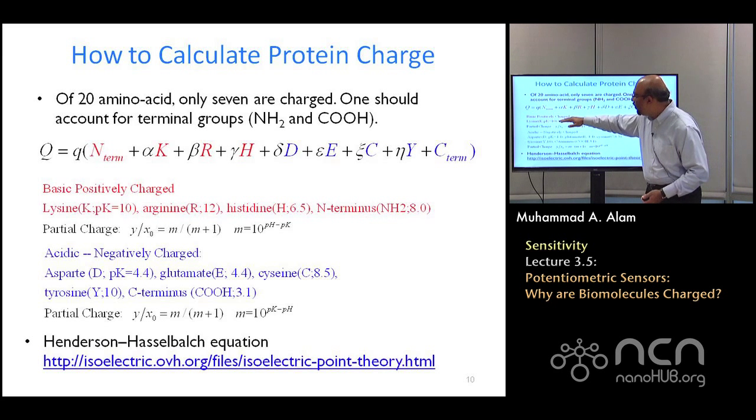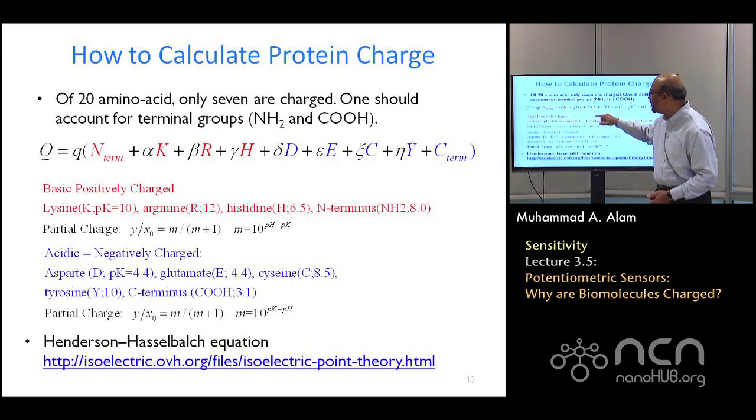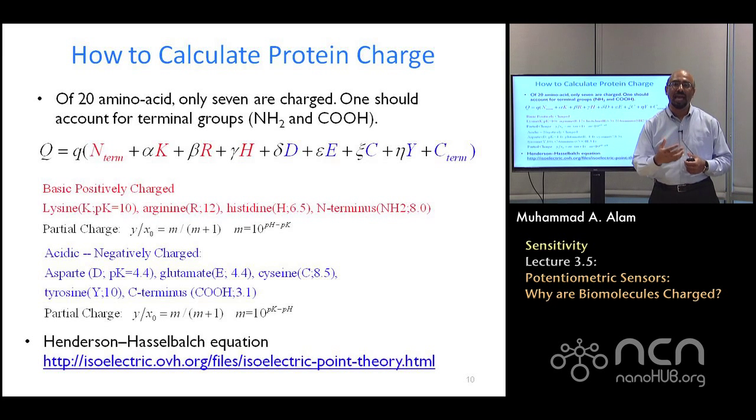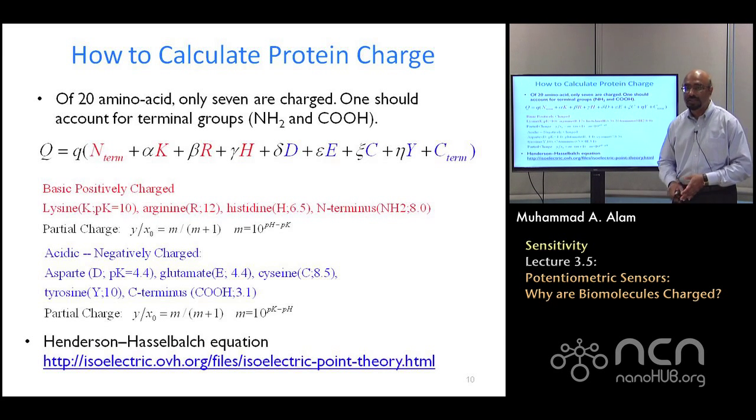And similarly, for the 3 positive charges, the pK values are known. Correspondingly, you can find how many of them have actually accepted a proton and thereby become positive. And so a combination of positive and negative charges, depending on their relative fractions, will tell you whether the biomolecule as a whole is positive or negative, or at some point it can even become charge neutral, at the point of zero charge, the isoelectric point.